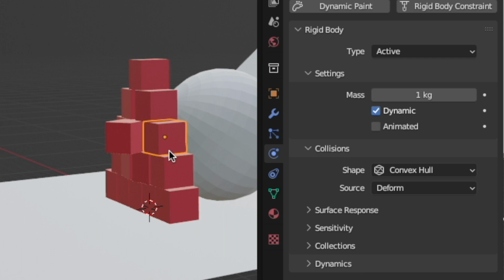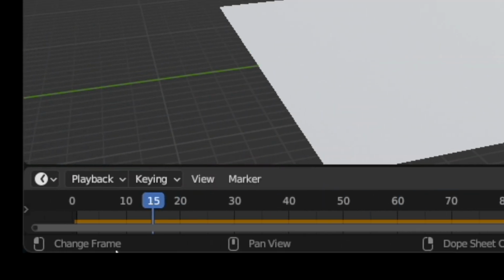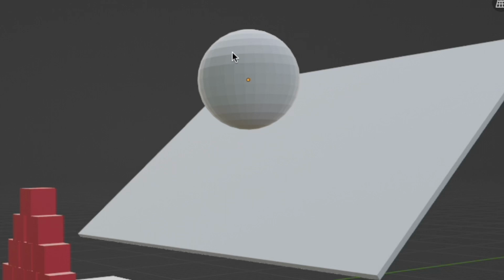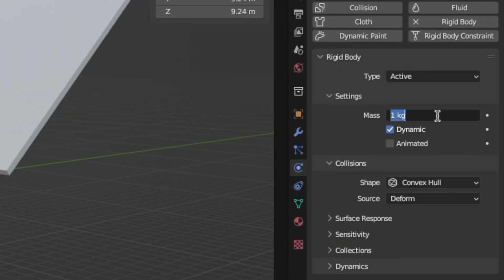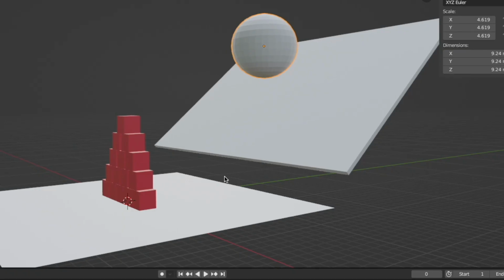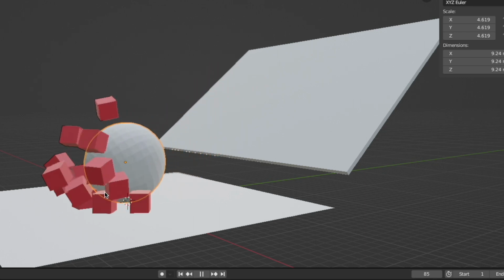Notice all of these are also 1 kilogram. So 1 kilogram hitting a whole bunch of boxes, each 1 kilogram, is just not heavy enough to knock them over. Before we change anything here, we need to move our playhead back to 0. Click on your UV sphere and change the mass from 1 to 50. Hit enter or return, and then when you hit play or spacebar, you'll notice it has no trouble going through